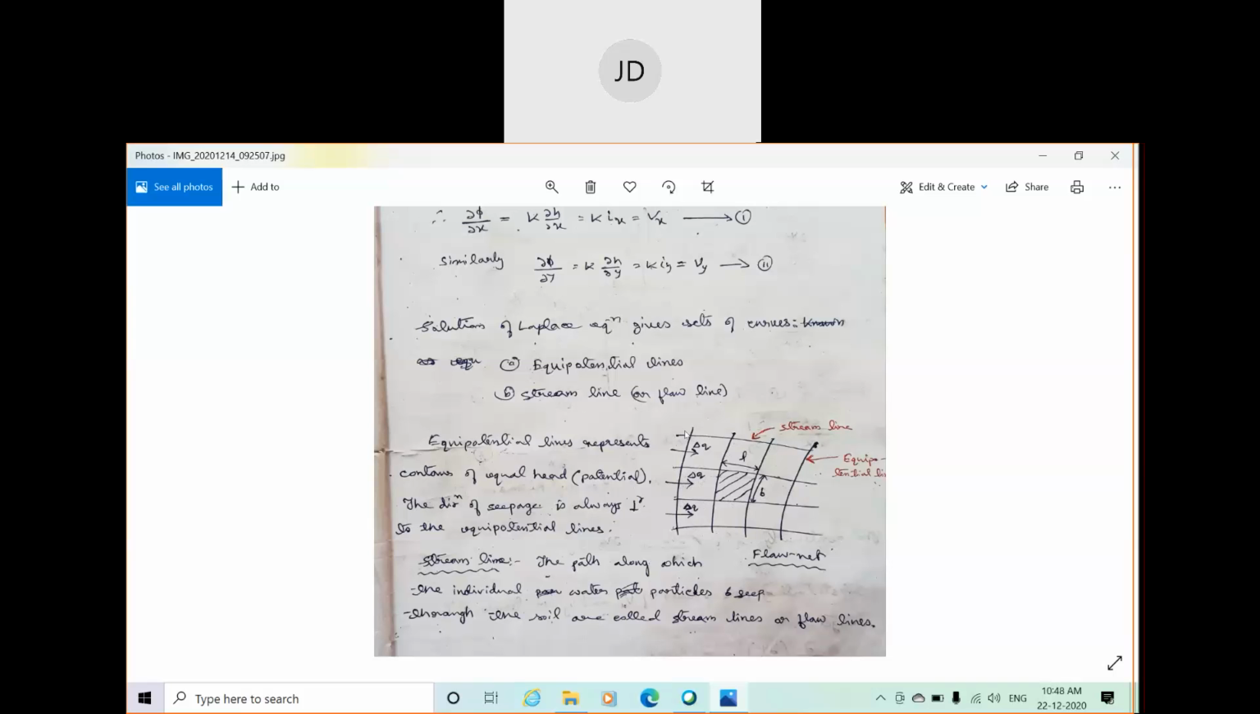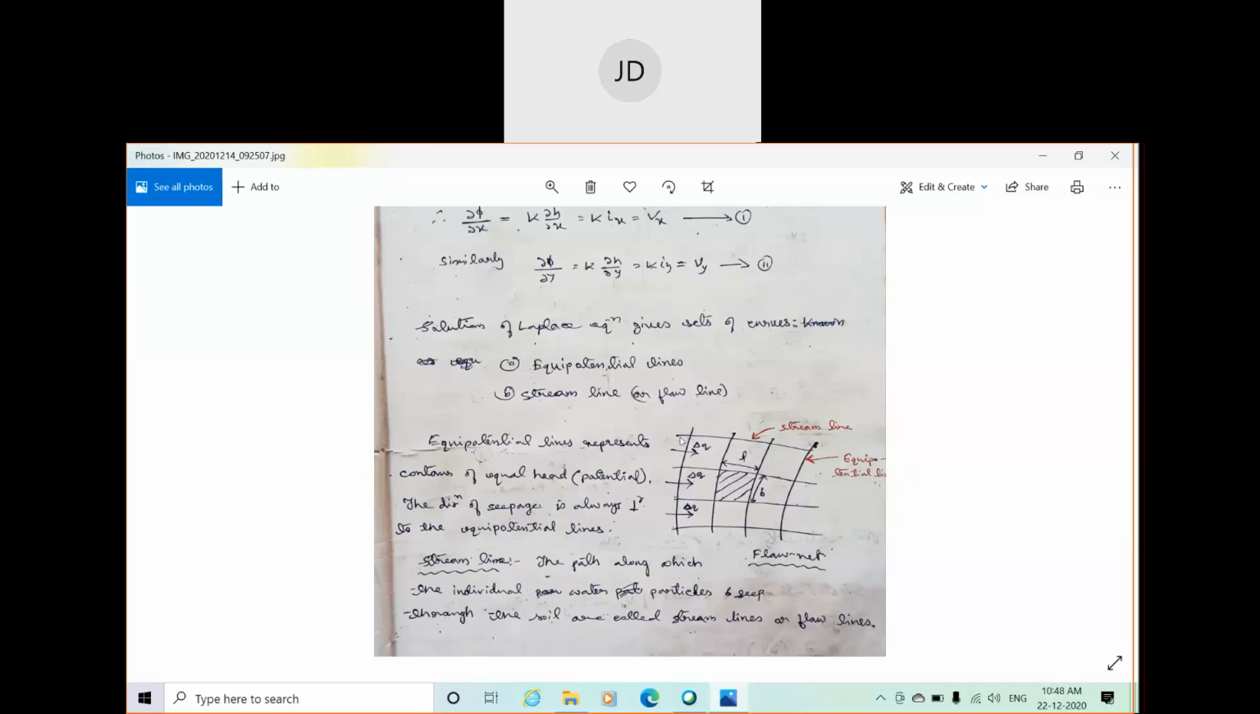And the lines which are drawn mutually perpendicular to the streamline or flow line, or you can say mutually perpendicular to the direction of the flow, are known as equipotential lines. Why are they known as equipotential lines? Because